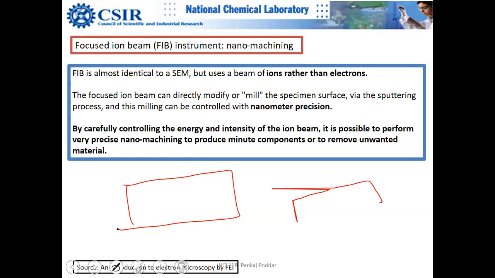So basically, you will obviously have gallium contamination, because you're bombarding gallium. So there will be some implantation of gallium ions. That is one problem which I see. Another problem is if you're not very careful, these gallium ions can enter inside and create tracks. It's a very powerful technique which physicists actually use.